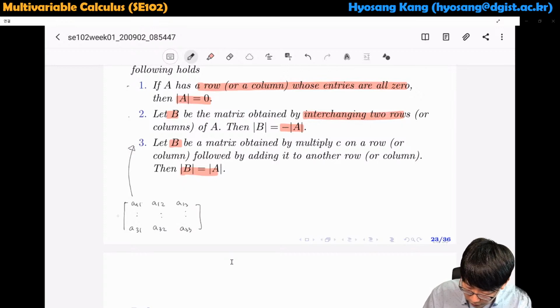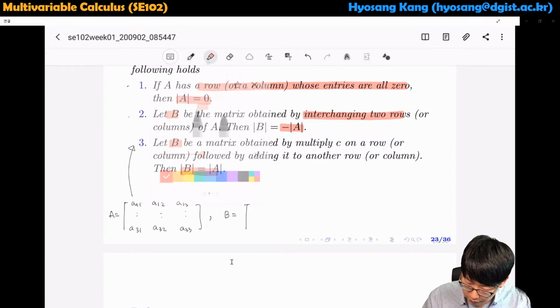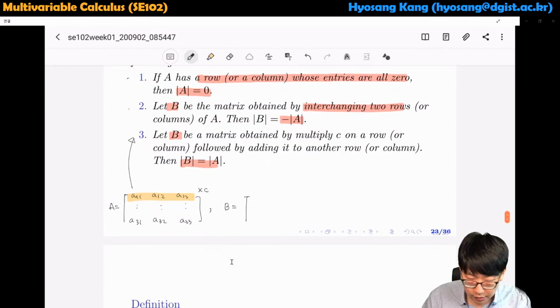Okay, so this is our A, and I want to make B by taking the first row here, multiplying by C, and adding it to the third row. So what I get as B is that the first row is the same and the second row is also the same, but the third row now becomes A31 plus C A11,